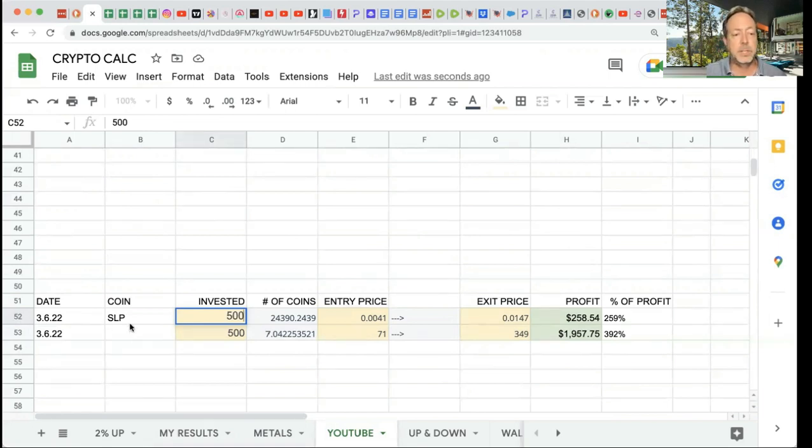And we're only dealing with this line right here, line row 52. I'm not dealing with the second one. Don't worry about that. So watch over here. Watch this green area. On a $500 investment, I can make $1,292, still 259% on my money. Okay. So that's how I do SLP.